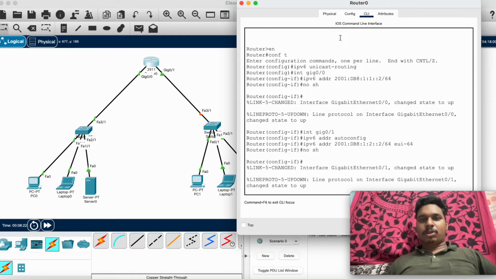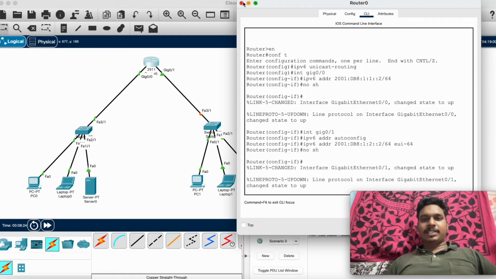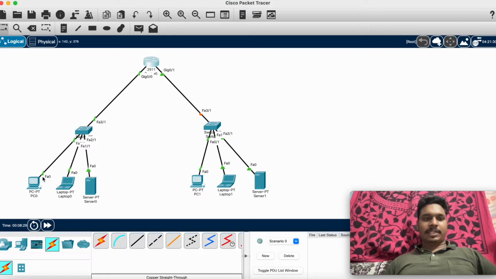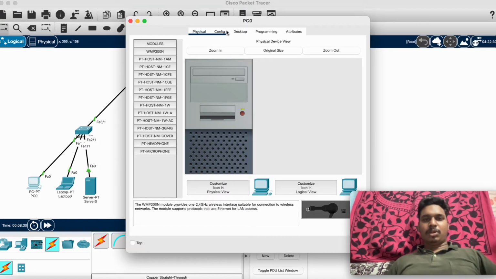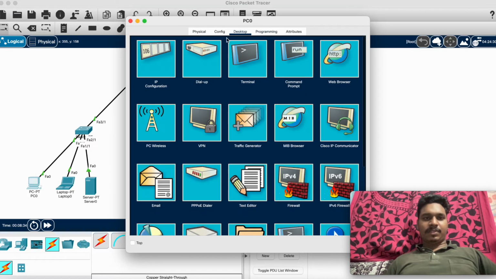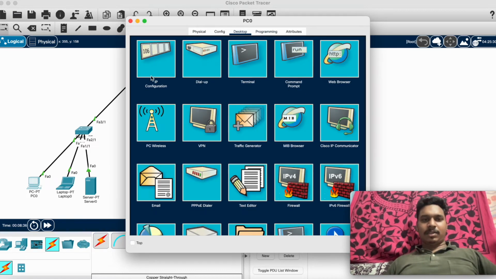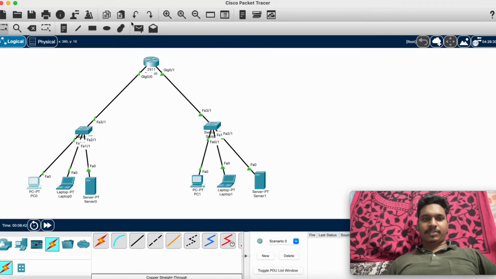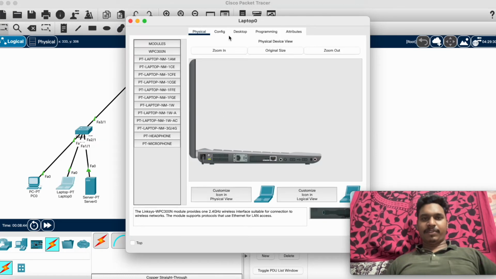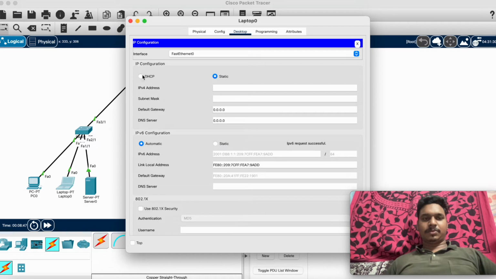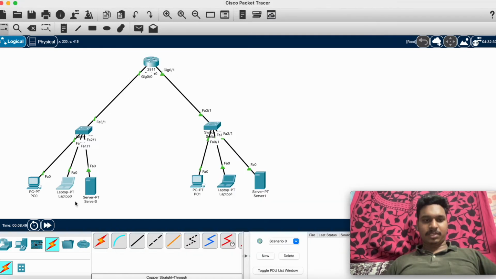So now let us change the settings of this PC. Normally this PC will have everything set manually, so static. So we need to change it to automatic. Okay, now we have changed it to automatic. In a similar way, we need to change everything to automatic in every device. So let me change the server to automatic here.